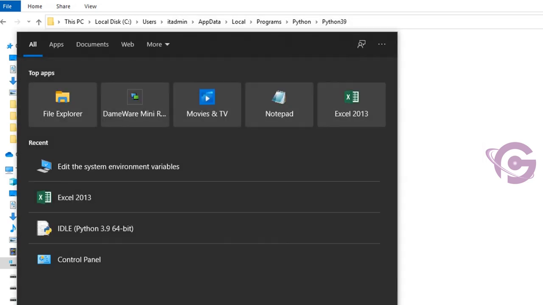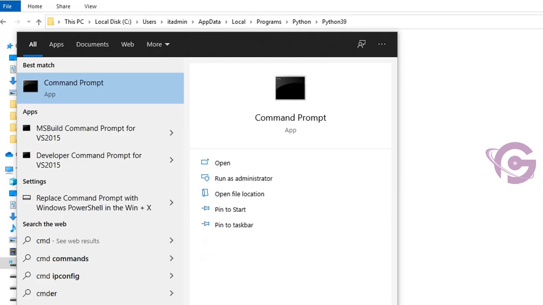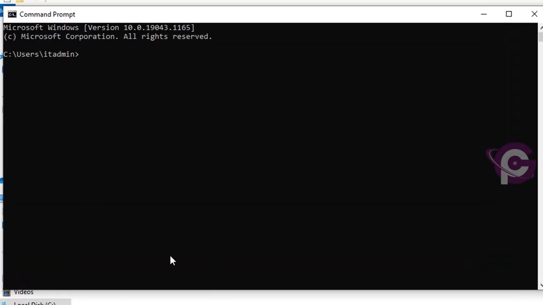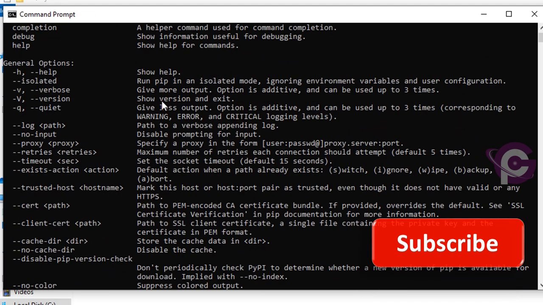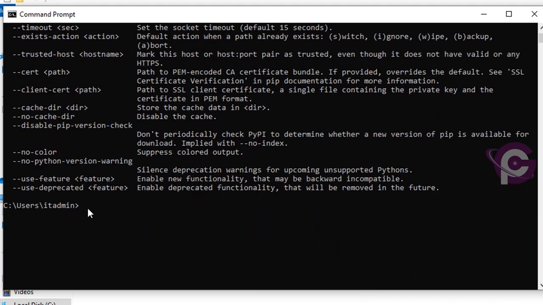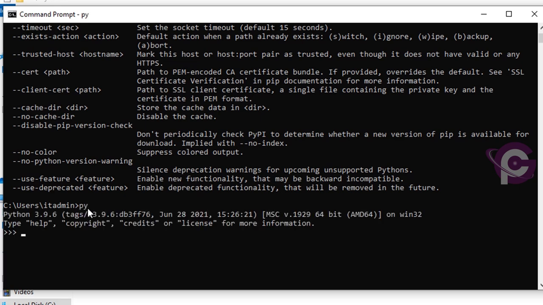Let's check. To check it, go to the command prompt and just write pip 3. Okay, it's set up successfully. You can see the version and every detail of the pip, and it's also displaying the Python version and Python